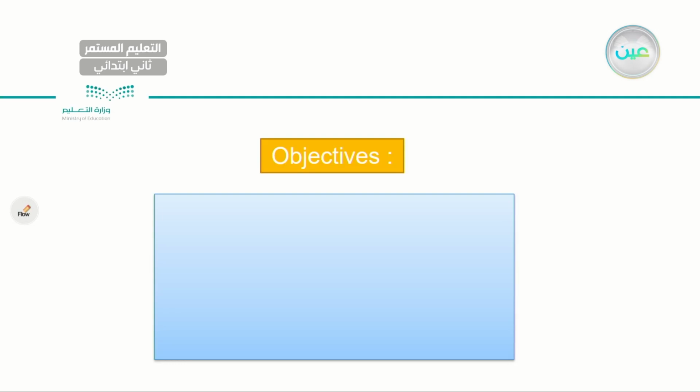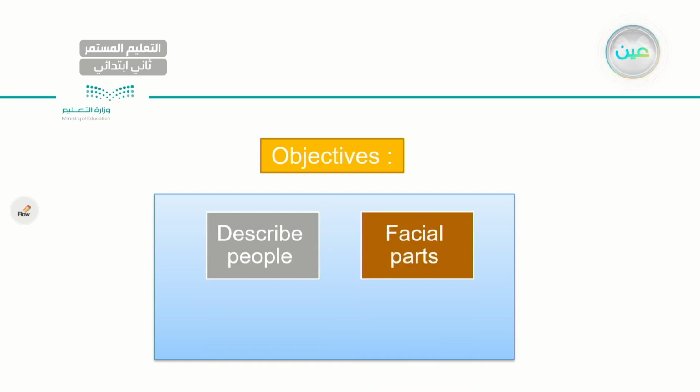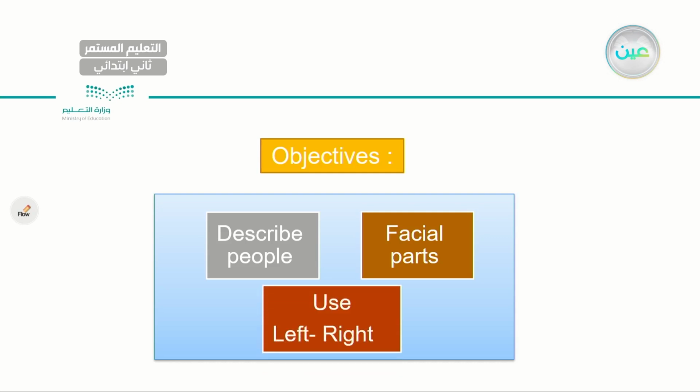By the end of the lesson, inshallah, you'll be able to describe people, give descriptions of people. Also, we'll be able to introduce facial parts, because in the previous lesson we focused on the actual body parts, but today we'll be focusing on describing the facial parts, and we will learn how to use left and right